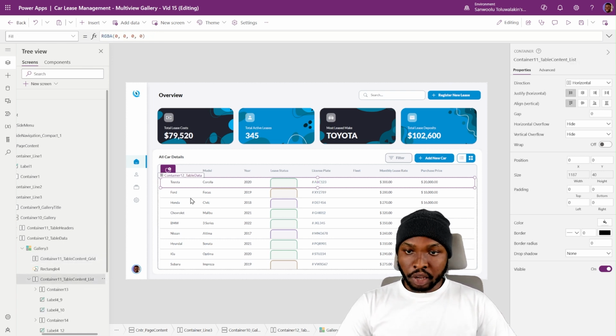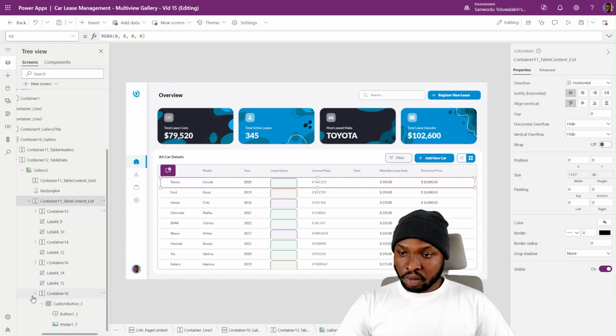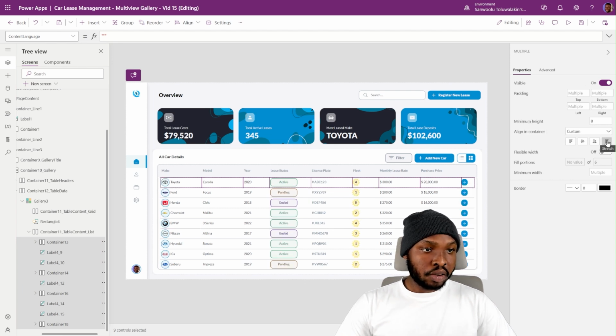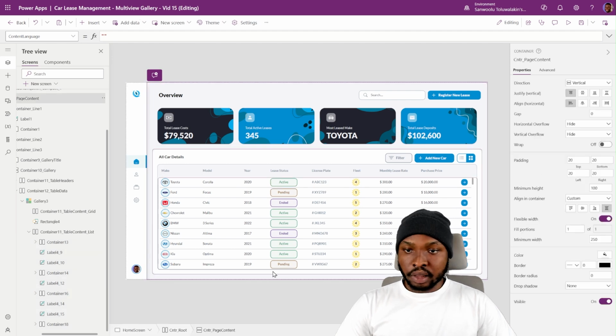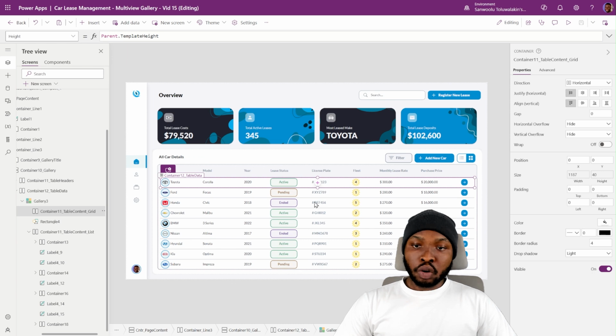Yeah, same issue. Anytime you rename containers, all the internal items might have changed the alignment, so you just need to correct that. So we're going to set it back to stretch, and yeah, that's that. So yeah, back to our grid gallery. So let's begin